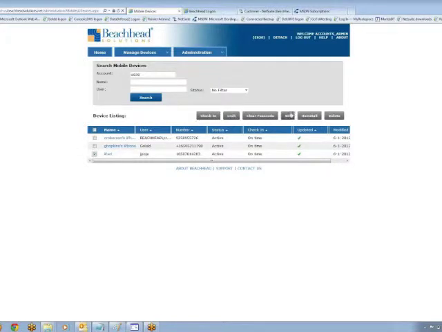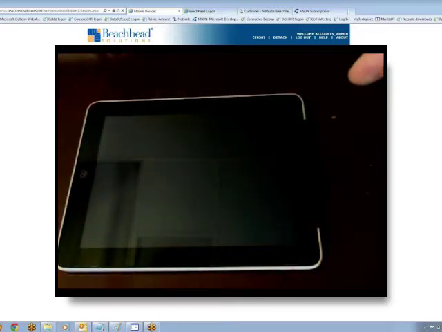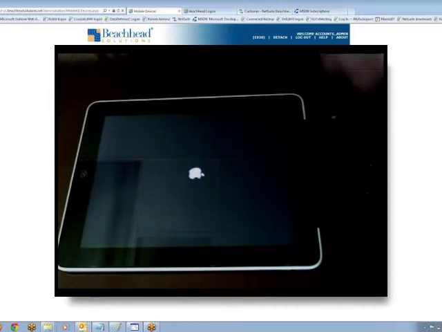Here we'll select the device and simply kill it. It's just that simple. And John's just initiated the kill from the console. And you'll see here very shortly that the device, wherever it may be, is in fact killed. You'll notice now there's no icons, there's no access to the email account, and only the authorized user will be